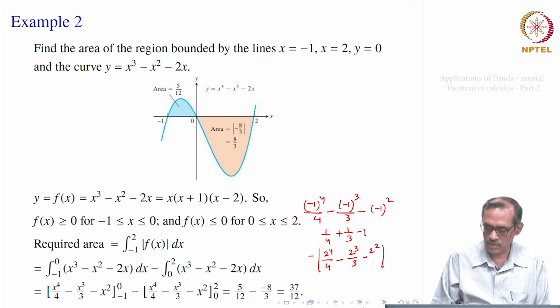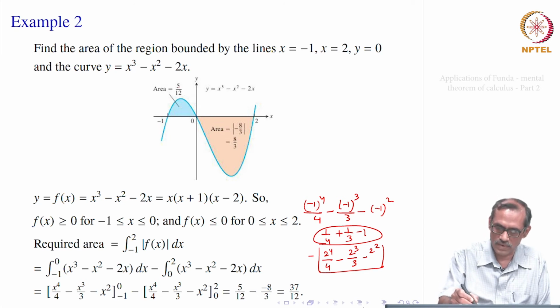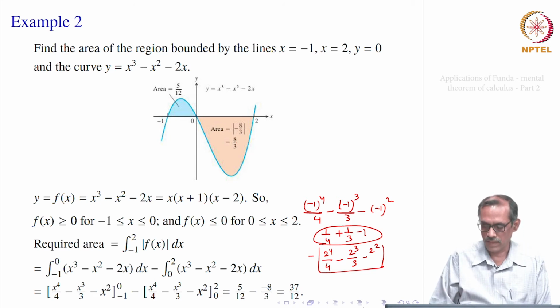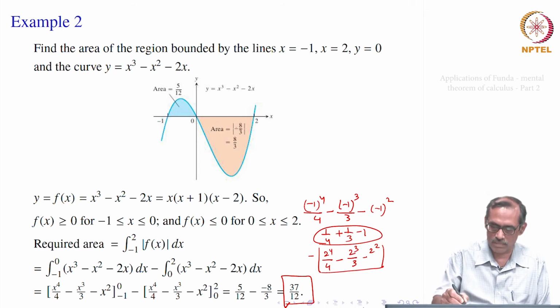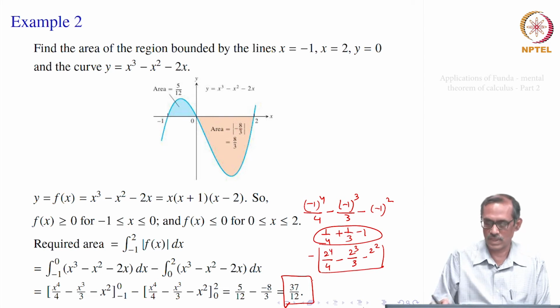So, if you simplify, you would get 5 by 12 and this gives you 8 by 3. So, that means the area here in the blue one is 5 by 12 and the brown one is 8 by 3, right, minus 8 by 3 if you take the signed area. But automatically this minus goes because we have gone mod f x. So, this becomes 5 by 12 plus 8 by 3, and then you get the area as 37 by 12. So, again because throughout it is negative, you could have taken its signed area modulus to get the area and add them up. That is the same thing as whatever calculation has been done here.